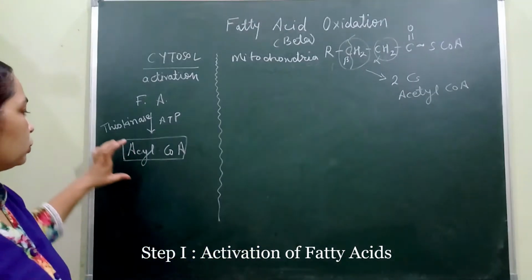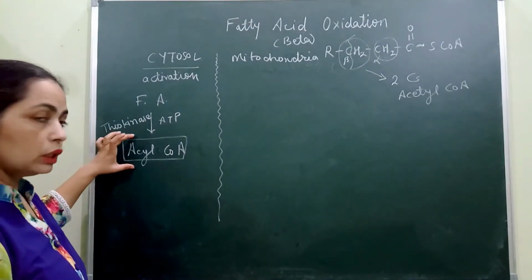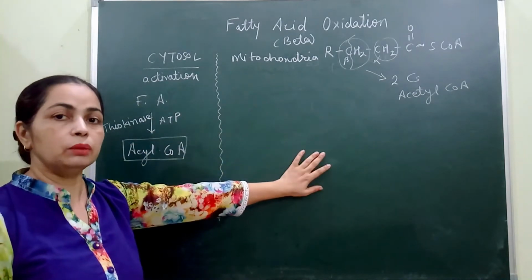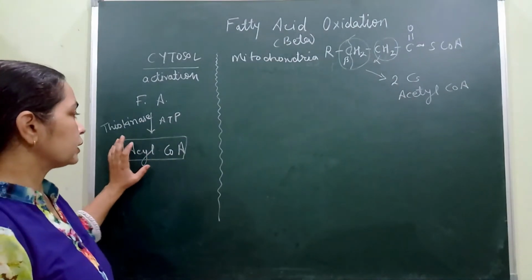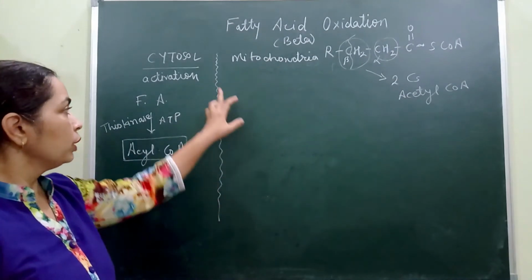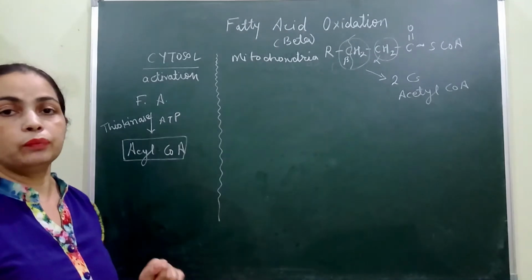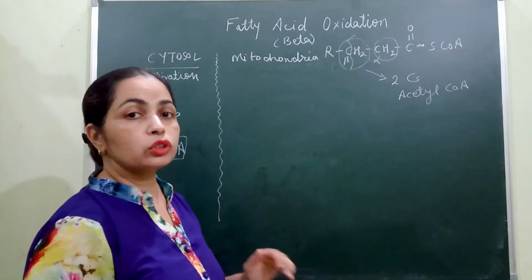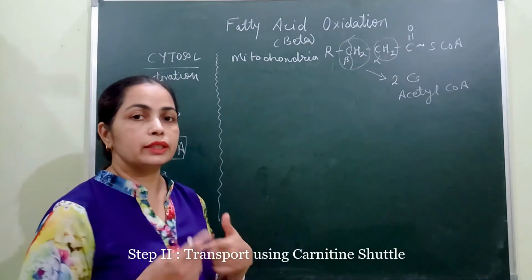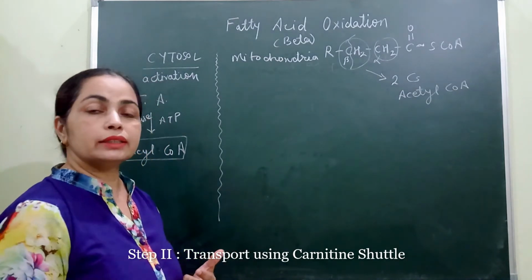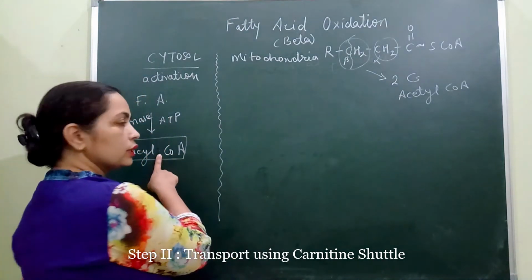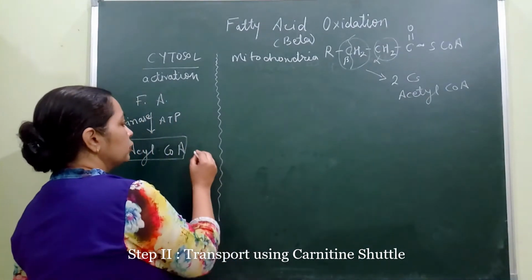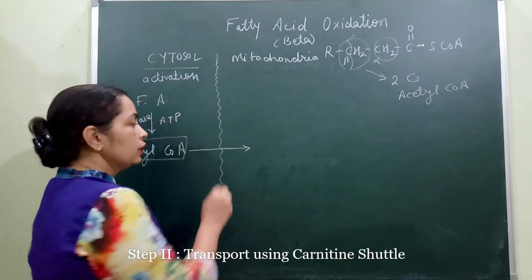Now how does that take place? To undergo oxidation, the remaining enzymes which cause the actual oxidation are present inside the mitochondria. So we have to carry this acyl coenzyme A into the mitochondria, but this membrane is not permeable. It doesn't allow acyl coenzyme A to enter the mitochondria. So it has a transport system, and that is the second step: we have to transfer the acyl coenzyme A through the mitochondrial membrane, and for that we use a shuttle